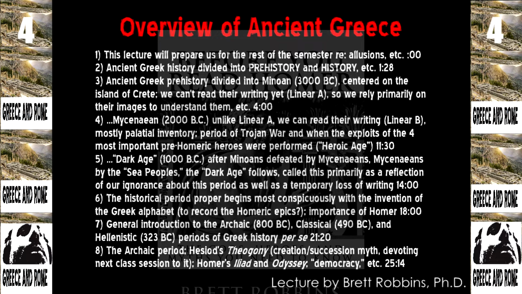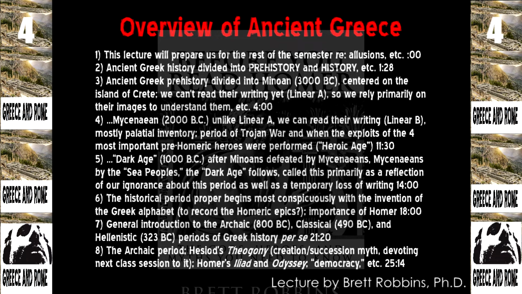What are the takeaways for us in a class about mythology? Best way to think of it is this. What are we doing? We're looking at the gods and the heroes. So where do the gods come from for the ancient Greeks? They come from one major poetic work. And I might as well give you the name now. The author's name is Hesiod, and the work is called the Theogony.